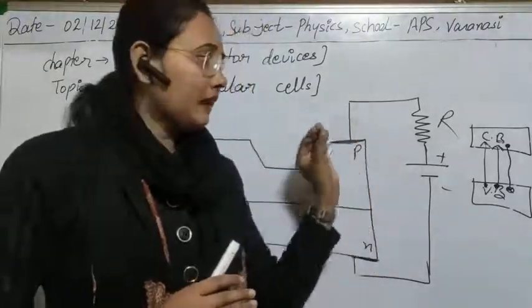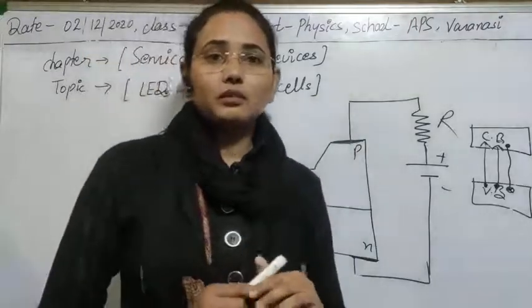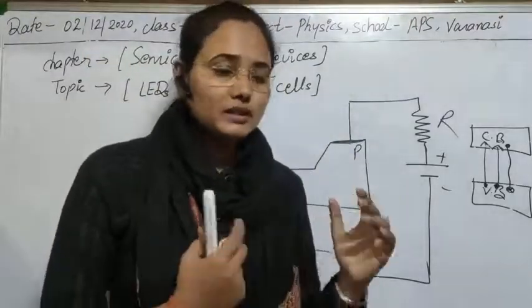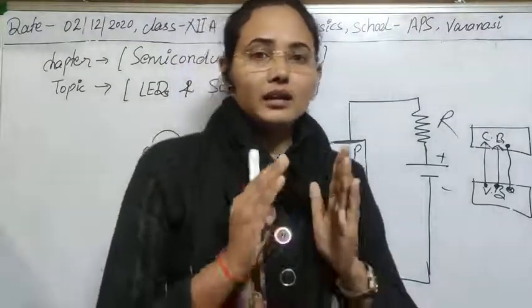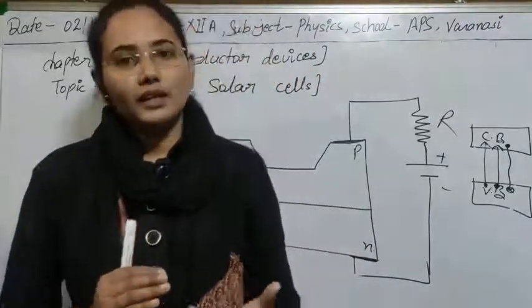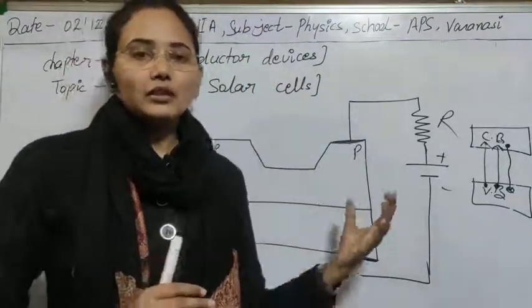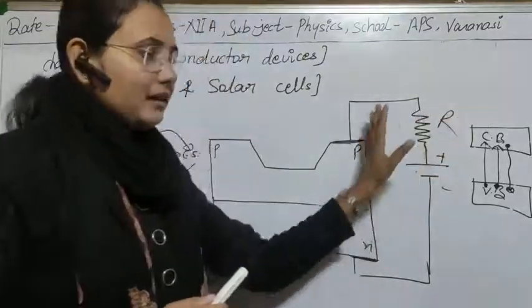Simple. If any electron makes a transition from the conduction to the valence band to fill the position of a hole, or you can say whenever an electron and hole recombine, a difference of energy is released, and that appears in the form of electromagnetic radiation. So we are using this principle to construct an LED, and for that we need what?